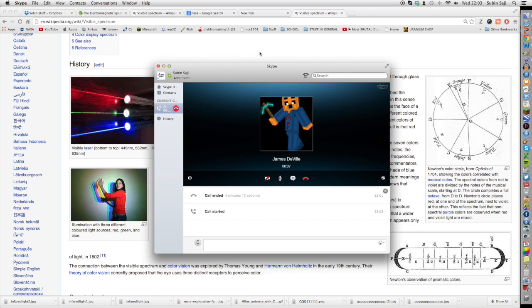Cheers, James. Will that help you? Yeah, that'll help me. What about the frequency, James? I'll have to look that up. Yes, I have. It ranges from 4 hertz to 7.5 times 10 to the power of 14 hertz. Wow, that is quite small, isn't it, James?